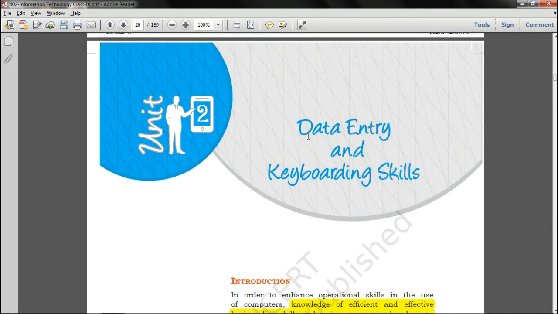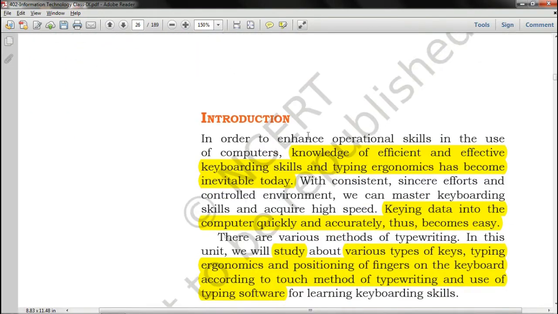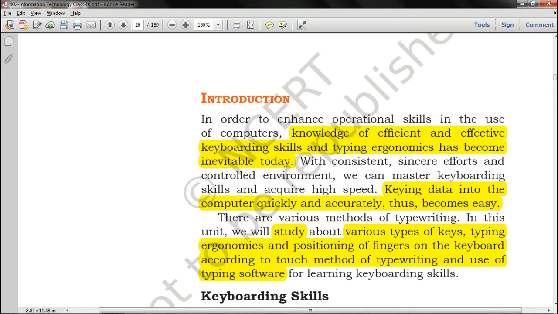Some introduction they've given to us. Before that, we should discuss our introduction first. In order to enhance operational skills and the use of computers, knowledge of efficient and effective keyboarding skills and typing ergonomics has become inevitable today. I'm highlighting some of the points which are important. This is just for your reference, so that you could grab some important things and keep these things in mind properly. So knowledge of efficient and effective keyboarding skills refers to